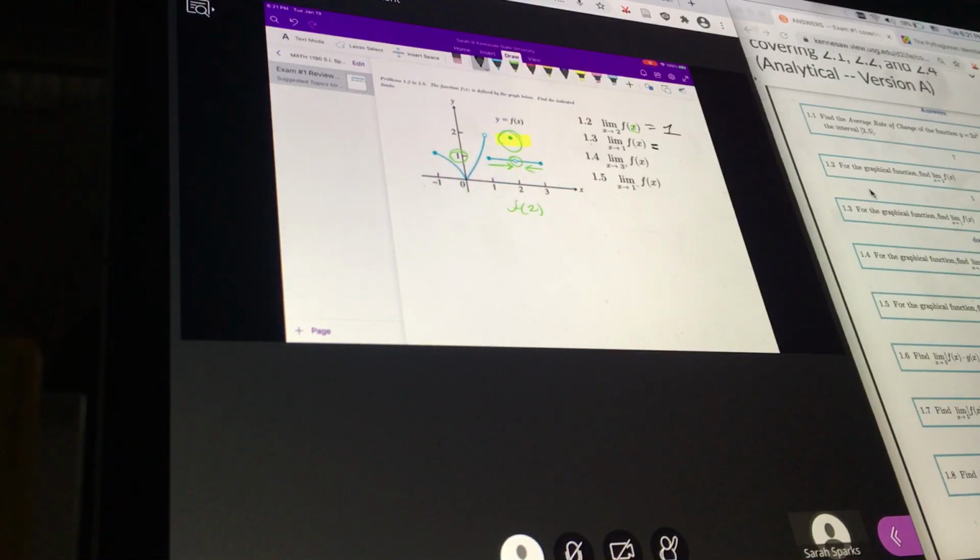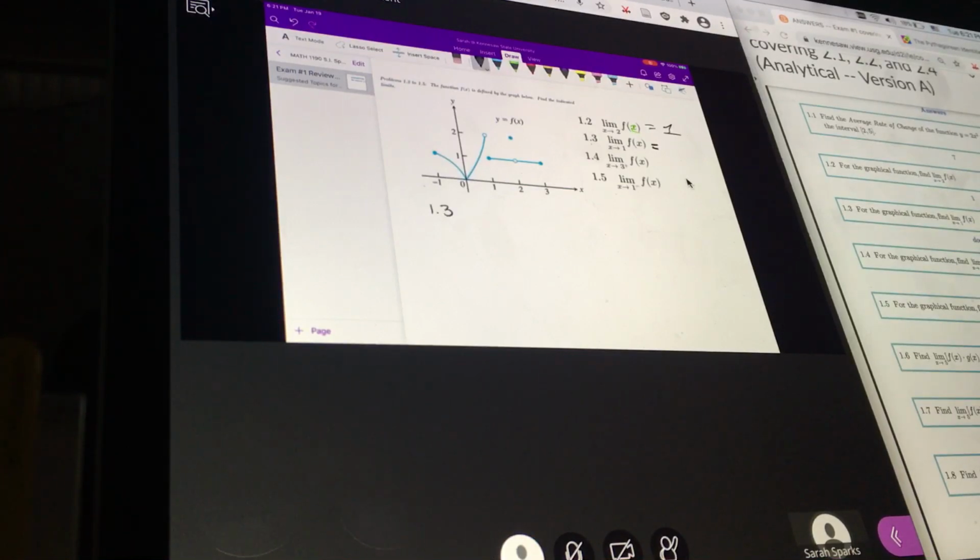For this next one, as x goes to 1, you can see it's a little funky. I'm going to erase this notation I did. You can see it looks a little funky because we're trying to look at, as x goes to 1, we have an open circle right there and a closed circle right there. So we could just visually tell that the limit doesn't exist. But if you want to solve this, like show your work, you're going to have to do the one-sided limits,